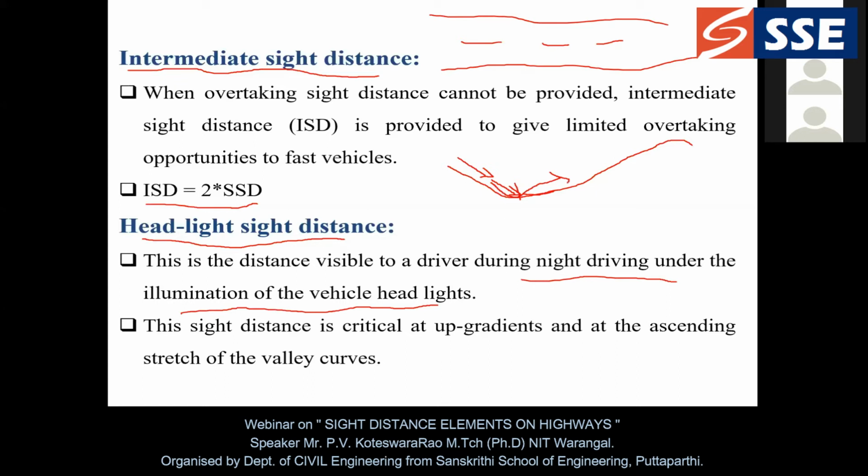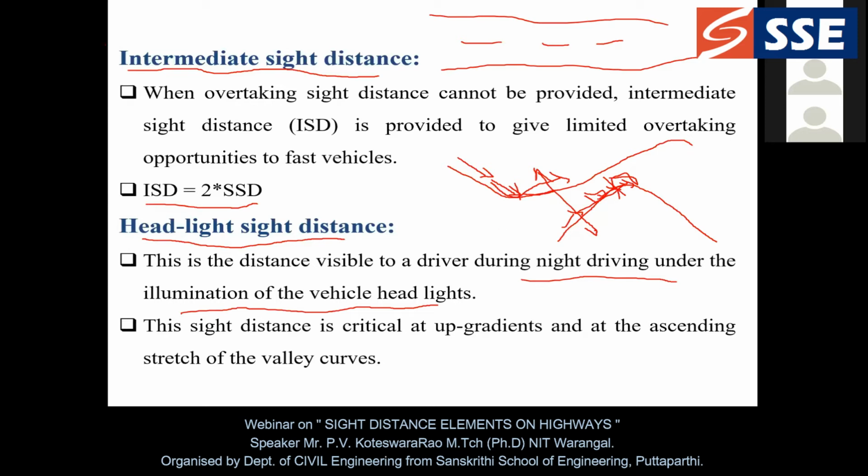This is the valley, and if I have a steep curve like this, I need to move like this, and my lights are going to have a visibility distance only up to this point. Then what about the visibility of the higher point? Only when the vehicle moves some more distance in the forward direction can I have it. So these two are very critical in avoiding accidents. The headlight sight distance is very important at these two critical points of the pavement.